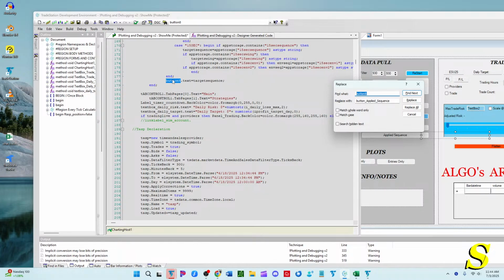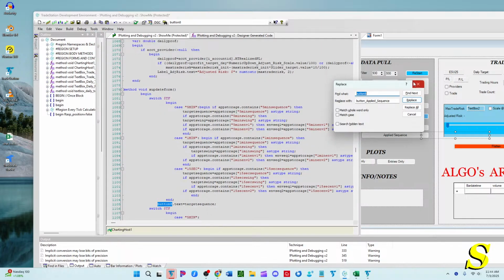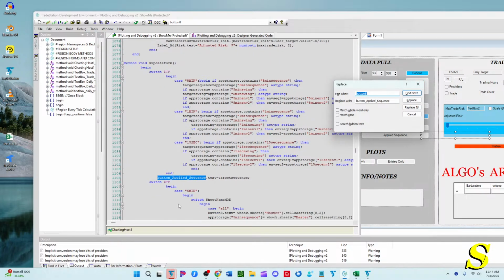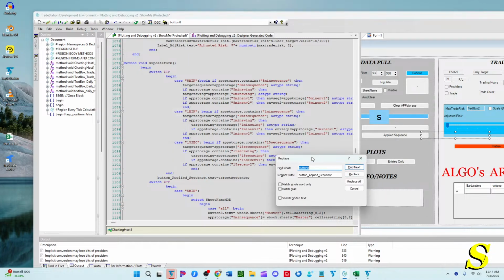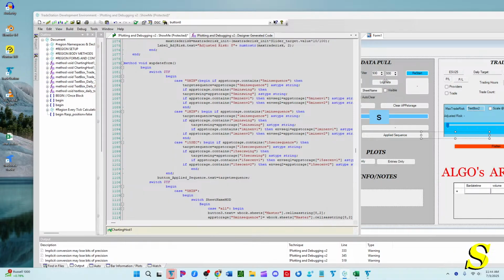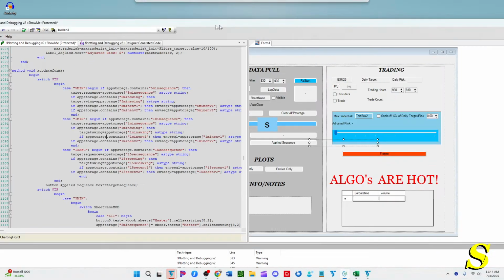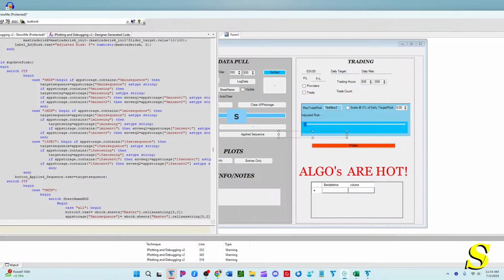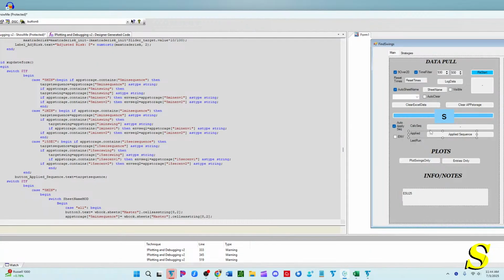Okay, so we're going to do the first find. You see where I did here, button 8 dot Texas target sequence. If I left this as button 8, then the program will say, I don't know what button 8 is. There is no button 8. Okay, so I've got to replace that. All right, so it goes to the next one. All right, got to replace that. Go to the next one. All right, so now we're at button applied sequence. So there shouldn't be any more. Very good. All right, so that's all we have to do with that. So now we have something recognizable. We are dealing with both button 8 and, excuse me, now we're not dealing with button 8. We're dealing with